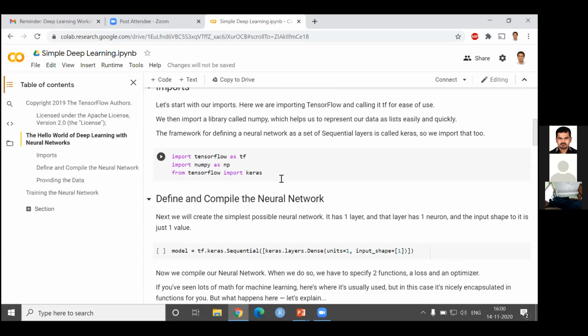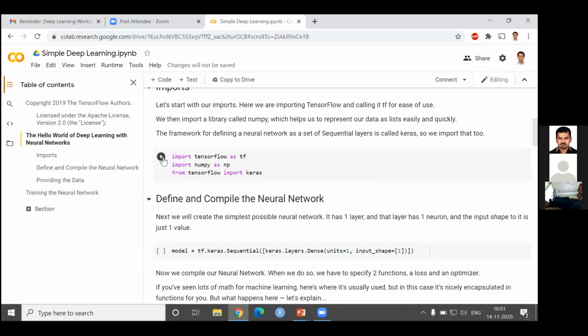So the advantage of working on a Google Colab is that, whichever system you're working on, you don't have to install TensorFlow on your system. You don't have to install Keras on your system. You're directly working from the cloud, and TensorFlow has already provided all these provisions for you. So I'll be simply running these cells. You can also simply run these cells and go through the text cells that are given below.